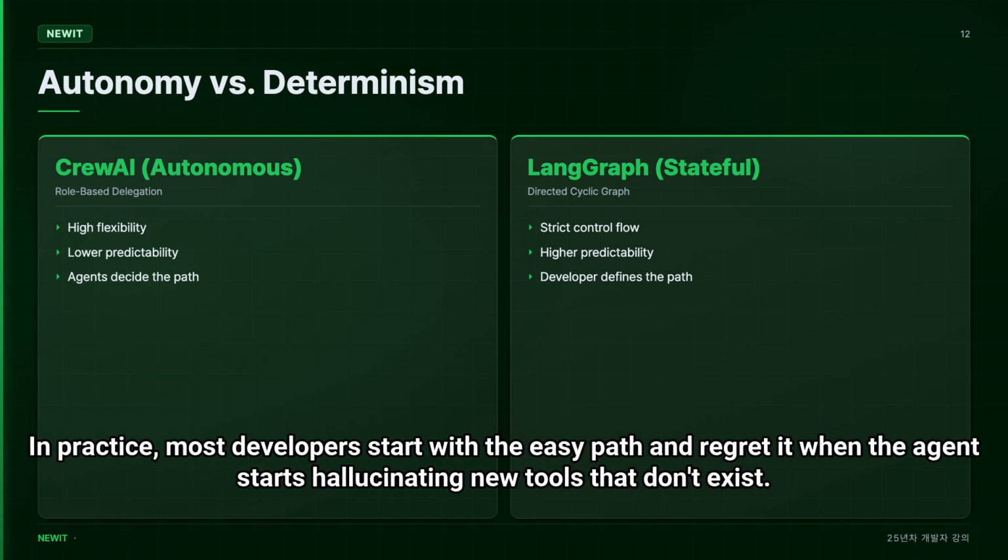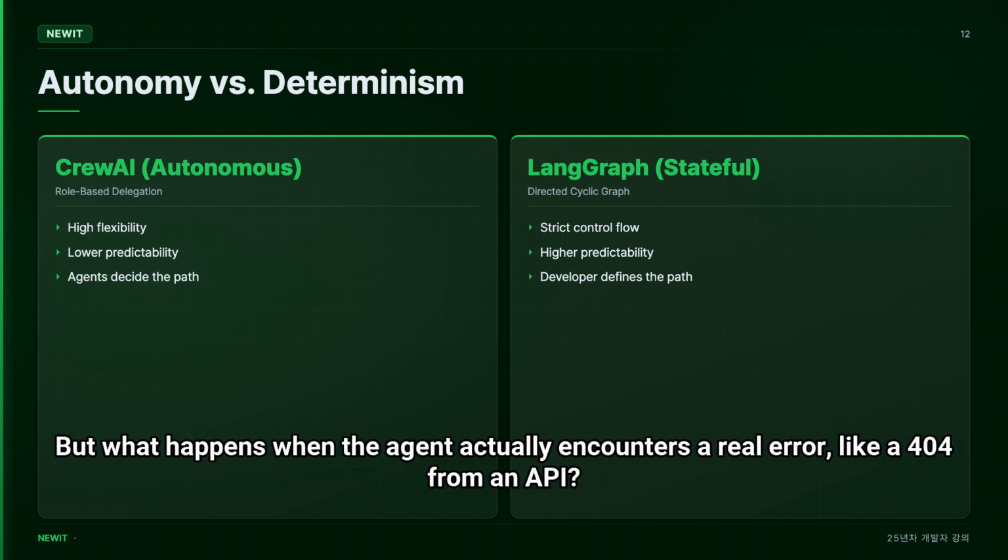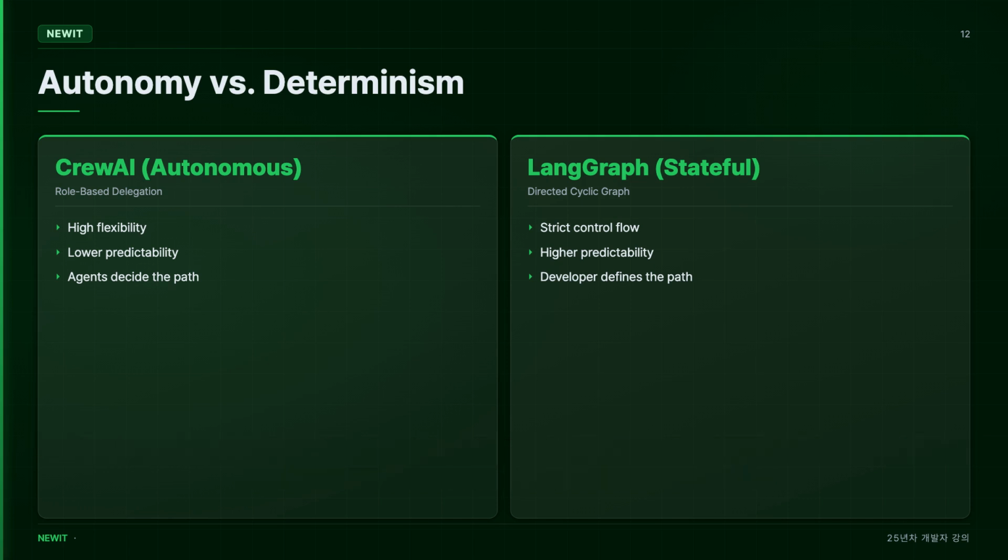This level of determinism is what separates a toy from a tool. Claude's native tool use takes this even further by removing the framework abstraction entirely, giving you direct control over the loop. However, the more control you take, the more boilerplate you write. You have to decide, do you want the framework to figure it out, or do you want to define the guardrails yourself? In practice, most developers start with the easy path and regret it when the agent starts hallucinating new